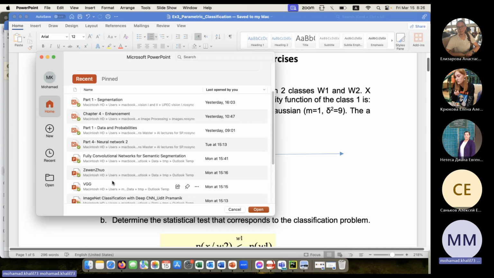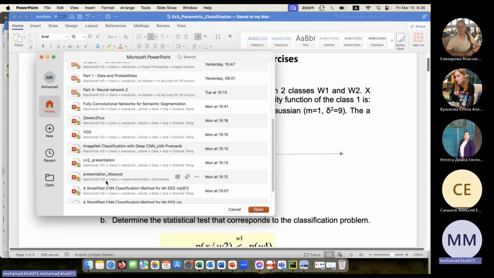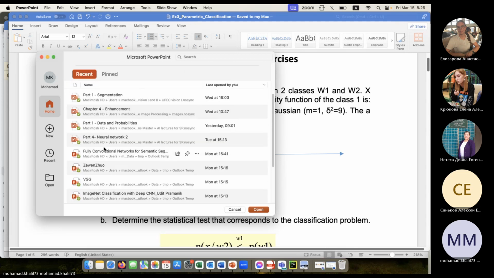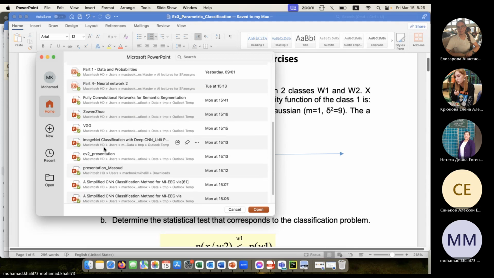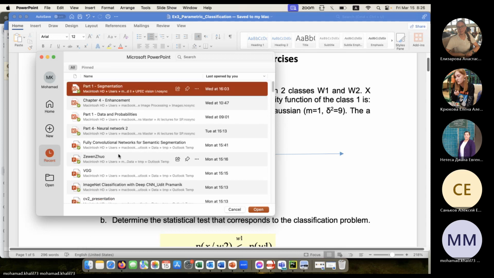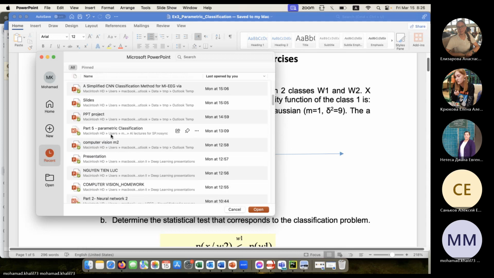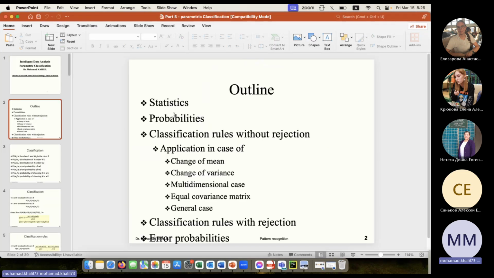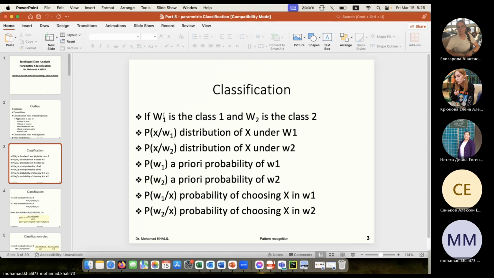Parametric classification means we know omega 1 is the class 1, omega 2 is the class 2, and